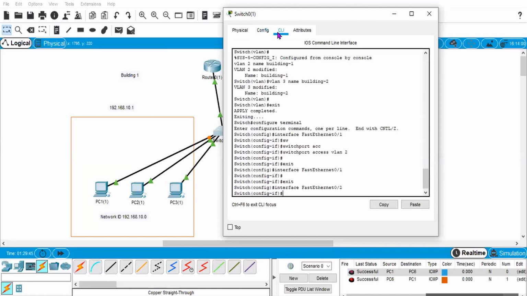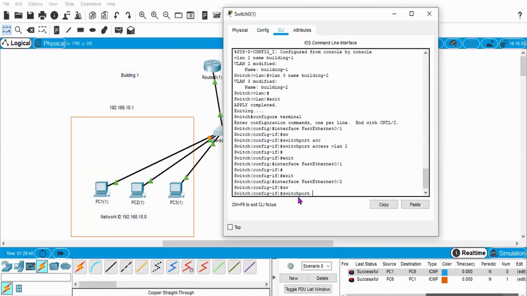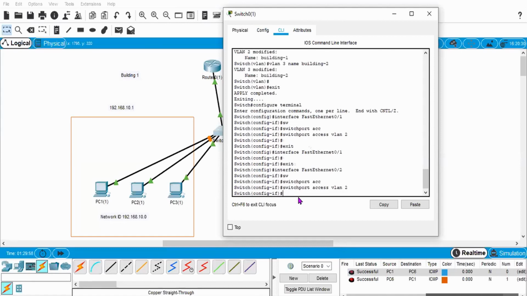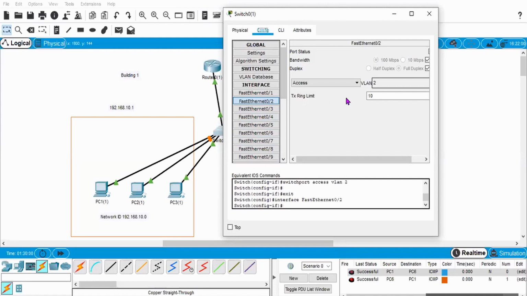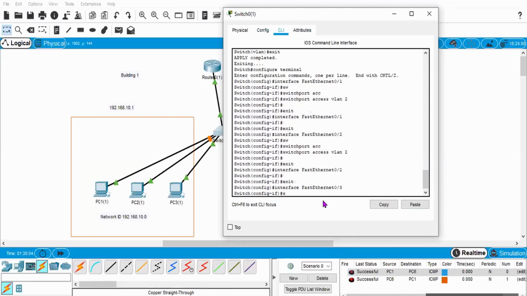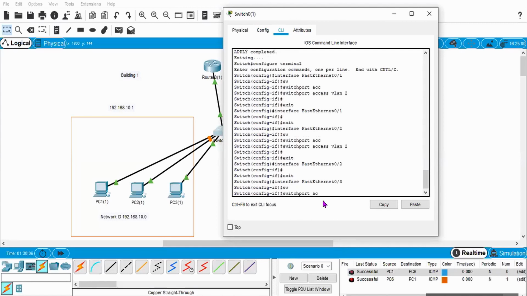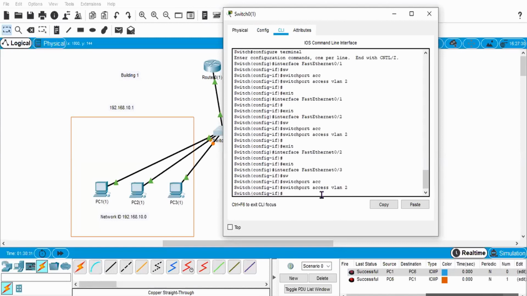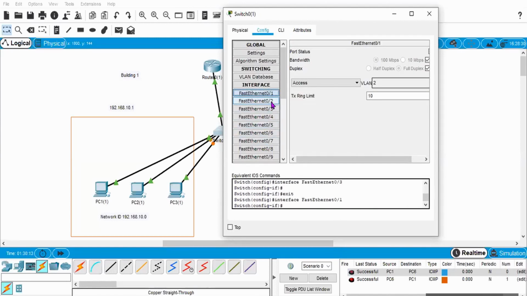Again, I will go to this and write the same thing, switchport access VLAN 2. So now the VLAN of this is also changed to 2. Now I will go to 3 and switchport access VLAN 2. So now port 1, port 2, port 3, they are in VLAN 2.